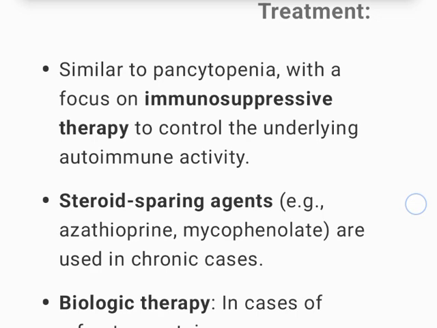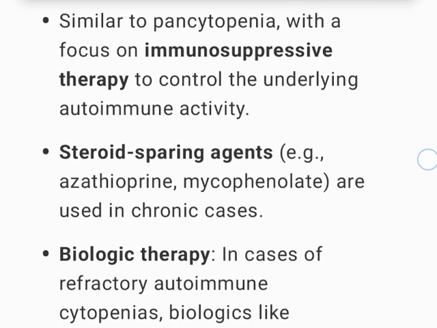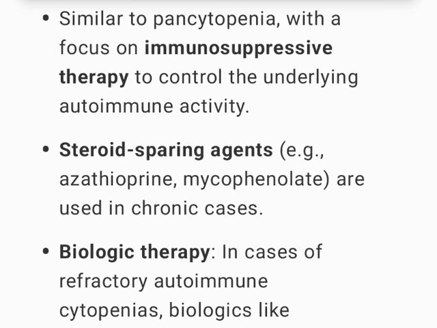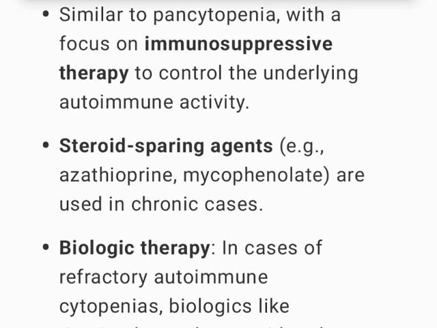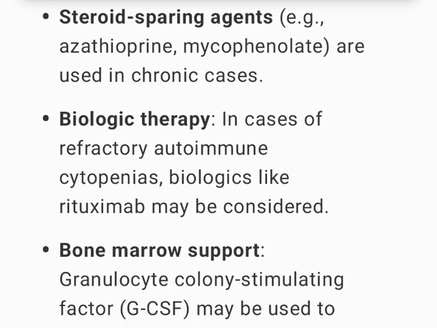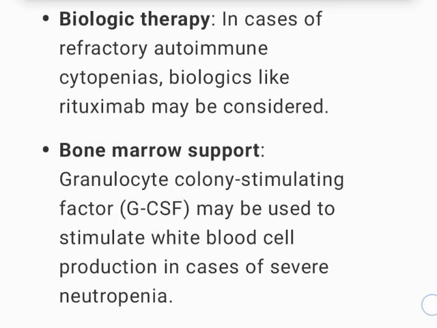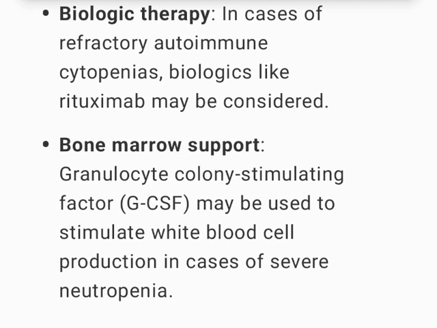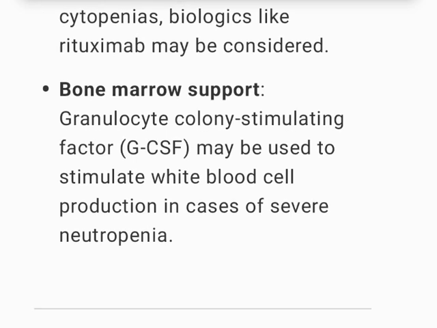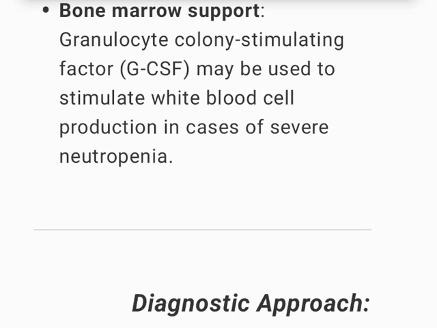Similar to pancytopenia, with a focus on immunosuppressive therapy to control the underlying autoimmune activity. Steroid-sparing agents, e.g. azathioprine, mycophenolate, are used in chronic cases. Biologic therapy. In cases of refractory autoimmune cytopenias, biologics like rituximab may be considered. Bone marrow support, granulocyte colony stimulating factor, GCSF, may be used to stimulate white blood cell production in cases of